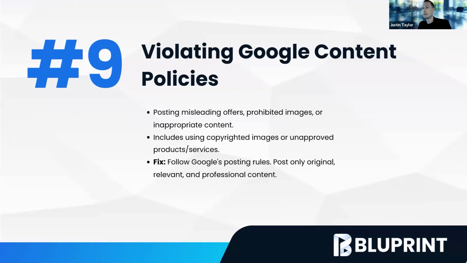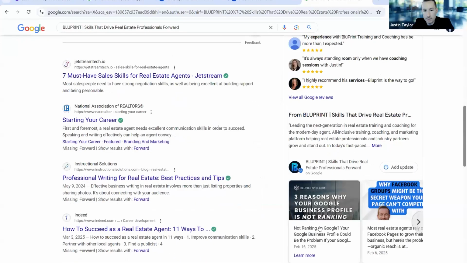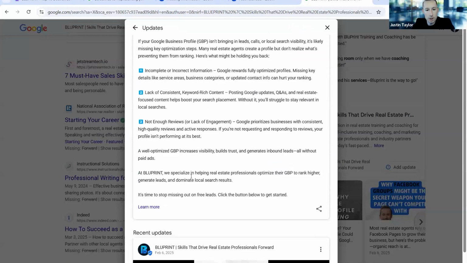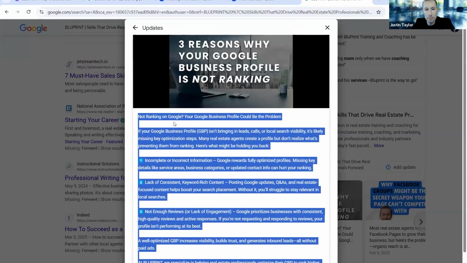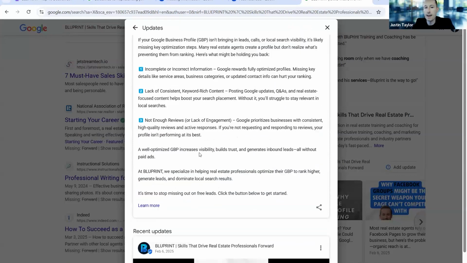In terms of content, when you're posting on your Google business profile, do not add links, phone numbers, or contact information in your business description, the posts that you're doing, or any of the products that you're adding. Leverage the call to actions. What I mean by that is, let's say this is a post, right? In this part of the post, you don't want to add phone numbers or links or anything like that. That is nearly guaranteed a suspension.